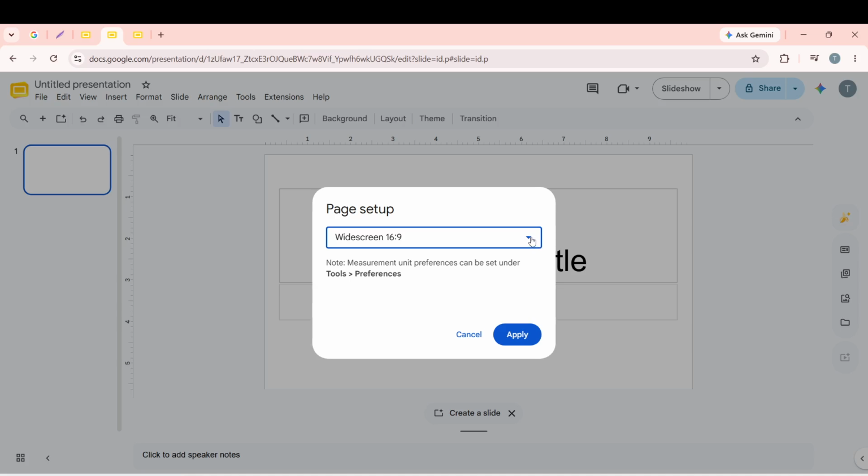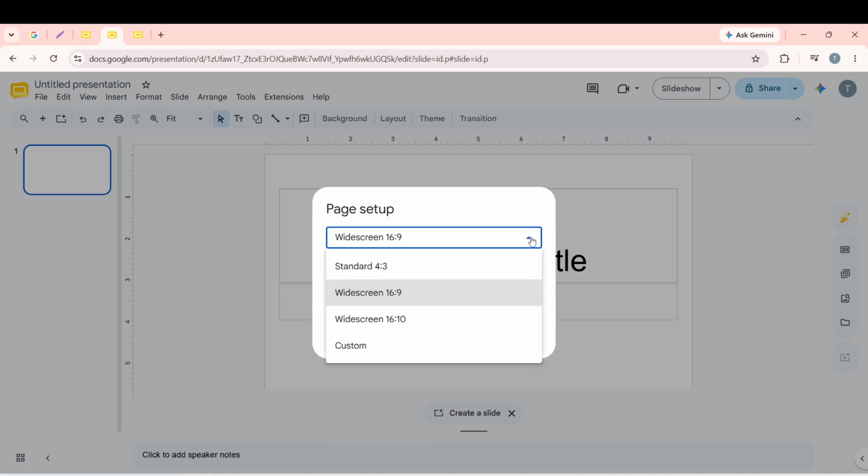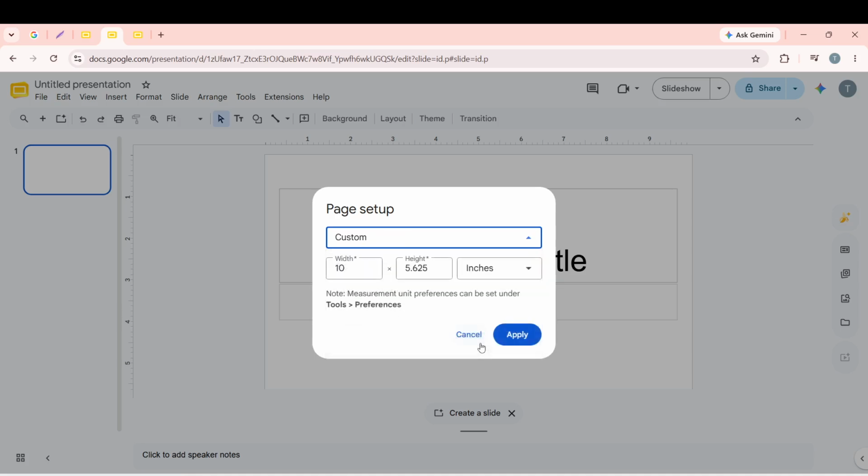Enter your desired book dimensions in the custom size fields. For a standard portrait book or printout, type in 8.5 by 11 inches. This is a common size for many printed books and documents. For a landscape children's book, enter 11 by 8.5 inches. These dimensions give a wide format, perfect for illustrations and engaging visuals.